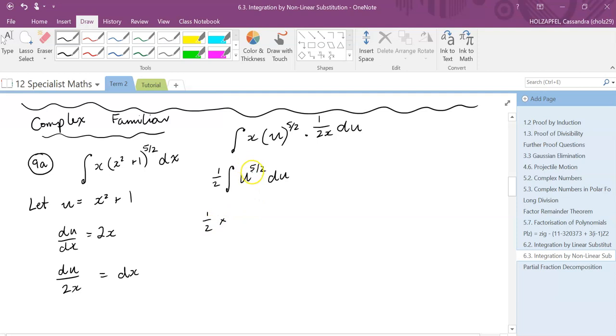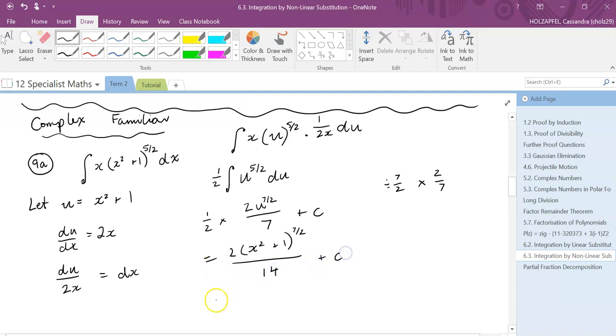So we're going to raise this power by 1. So this is going to become 7 over 2, and then we're going to divide by the new power. So dividing by 7 over 2 is the same as multiplying by 2 over 7. So this is going to become 2u to the power of 7 over 2, over 7, plus c. And finishing this multiplication off now, let's write our function at the same time, x squared plus 1 to the power of 7 over 2 times 2 over 14